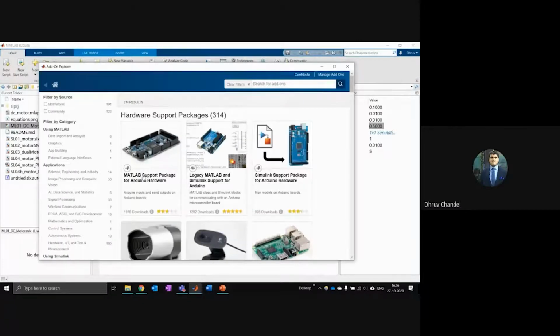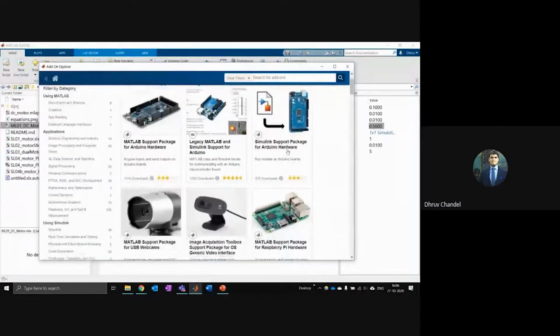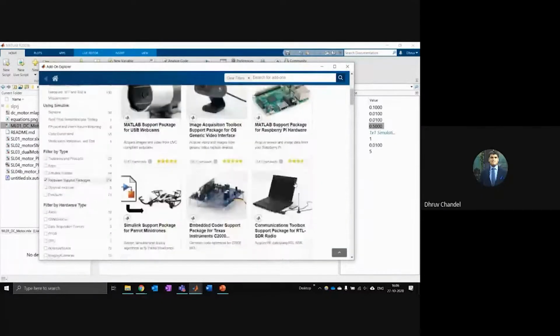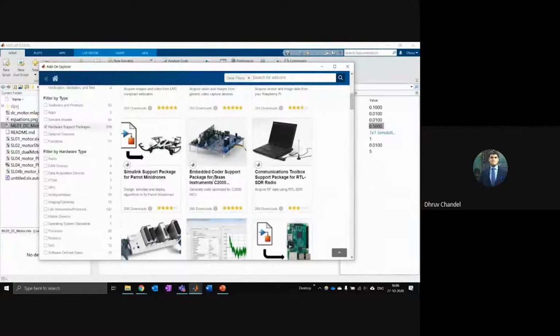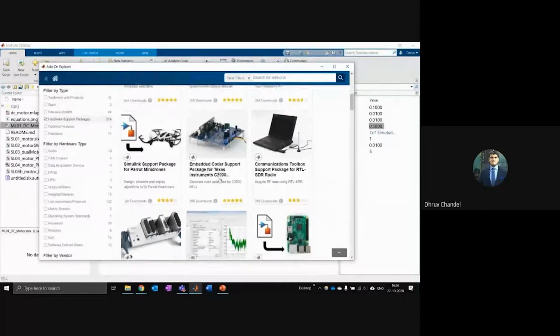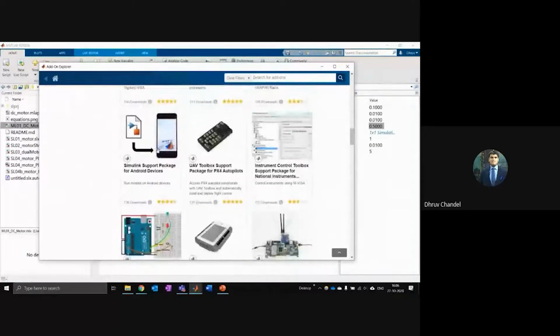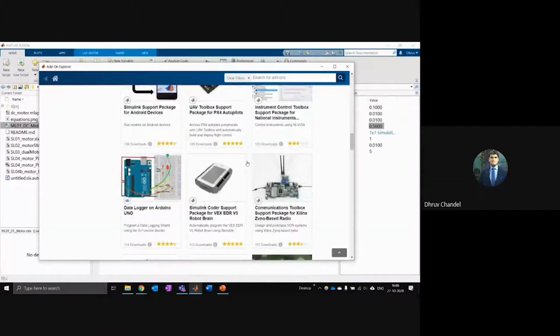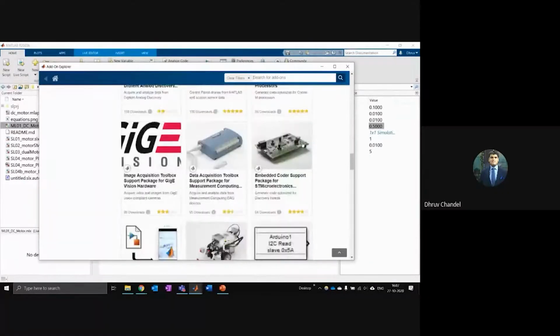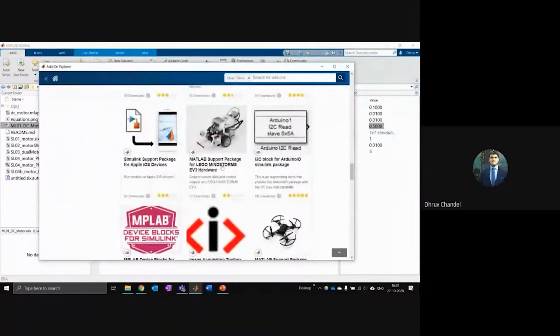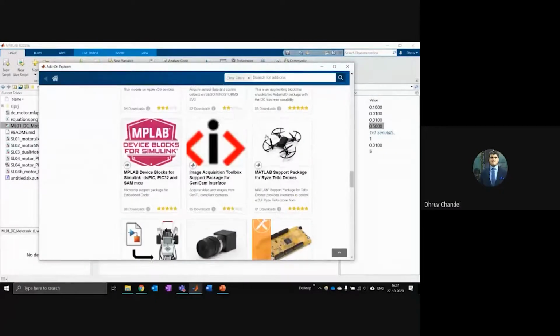So you can see we have support packages for Arduino, both for MATLAB and Simulink, for Raspberry Pi, for Parrot mini drones, for Texas Instruments cards. Then we have here Android devices. This is a PX for autopilot for UAVs. There's a special robotics thing as well, which I wanted to show you. Yeah. So if you're working with Lego Mindstorm robots, there's a support package for that.